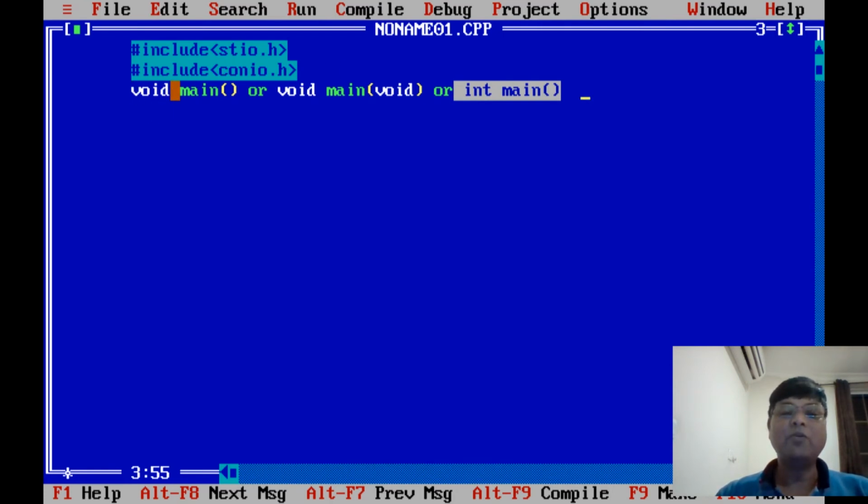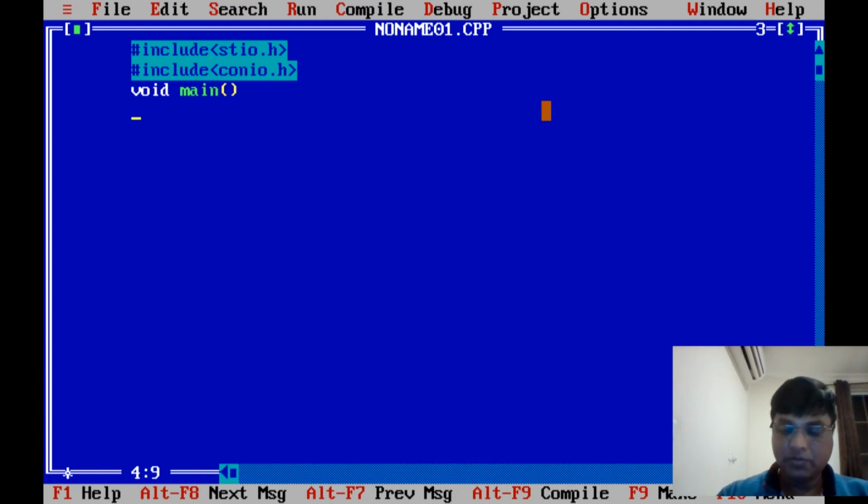If it returns nothing, I don't mind what is returned; it's effectively 0 at the end. But if you declare int, you have to explicitly say, before the closing of main, return 0. You have to type return 0, so it's an extra statement. I avoid that and use the simple way, void main, with an opening bracket and then immediately a closing bracket.